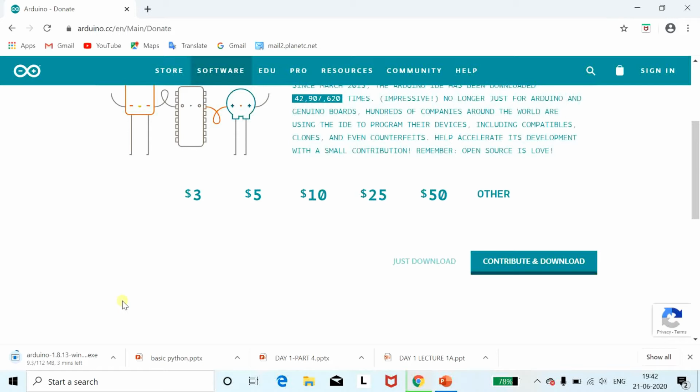So just wait, have patience. Once you download, your file will be present in the download folder. You can copy that folder and paste it in D drive wherever you want. Otherwise, once it gets downloaded, you can directly click on that executable file. It will be your choice.